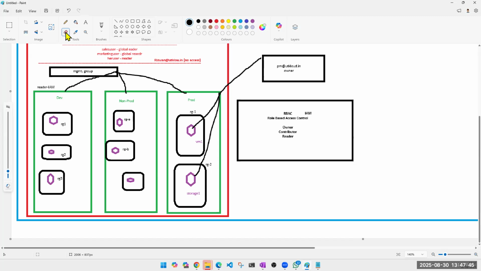Go ahead, Rizwan. So first we need to add the contributor role on resource group level 1 and keep reader the same on subscription level. So Rizwan can only read RG2 and RG3, but can perform operations on RG1 level. Sorry to interrupt you. Look at the diagram. What all things have I done? It is already there in the diagram. Now tell me the steps which I need to follow. On resource group 1, you will have to assign the role as a contributor. So it is the same as Ubaid's answer, right?